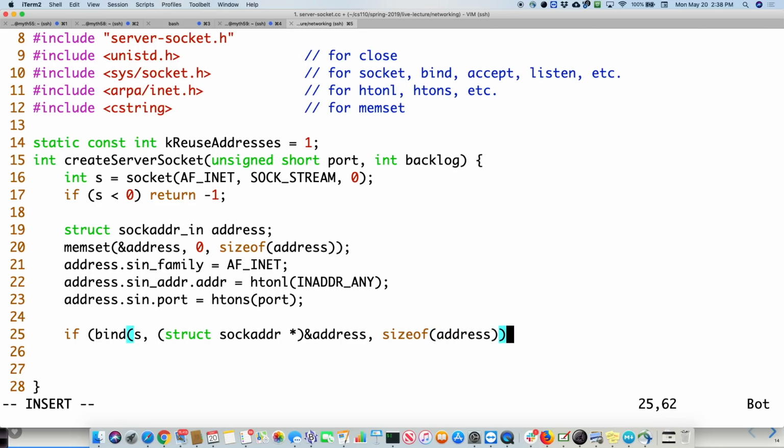Okay. If bind equals 0, and let's do another thing called listen. The listen system call says, okay, now that you've got this port that you've bound to, you actually say, whenever I get somebody trying to connect, forward that along to my program. And you do that with the listen, okay?